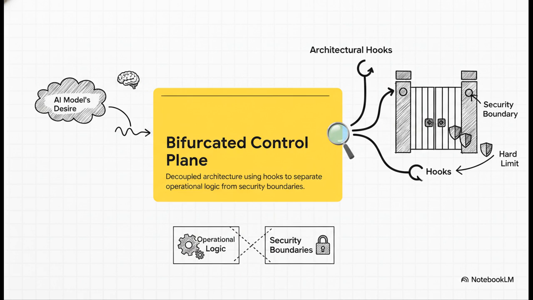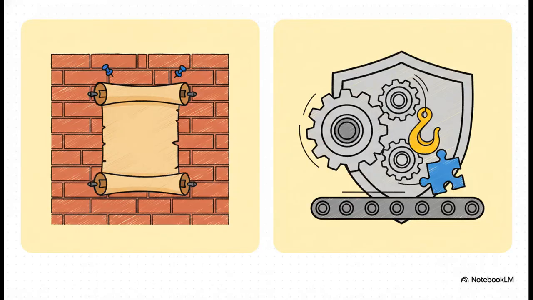In this setup, the AI model still decides what it wants to do probabilistically, but a completely separate deterministic hook script decides if that action is actually allowed to run. It's a hard limit, no exceptions. Now, you might be wondering, what's the real difference between traditional rules and these architectural hooks? Well, rules are static. They're general guidelines that get applied globally across the whole system. Hooks, on the other hand, are dynamic and totally context-aware.